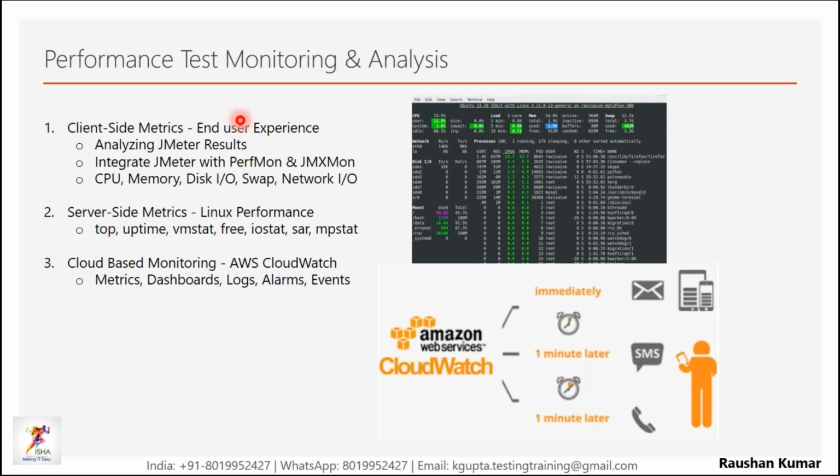We can write a shell script so that during the test you can start it, and it will keep on monitoring and logging all your metrics. After your test, you can import this to CSV and plot your graphs to see how my Linux performance was. Yeah, we can do that. Okay, cool.